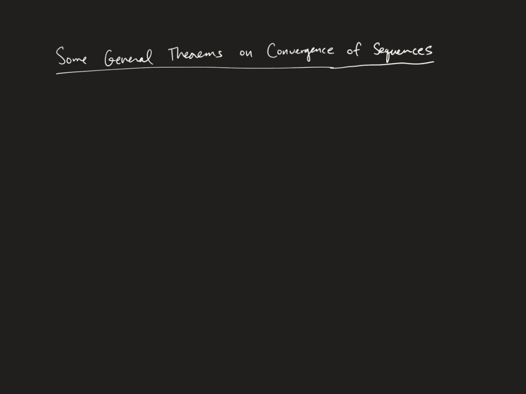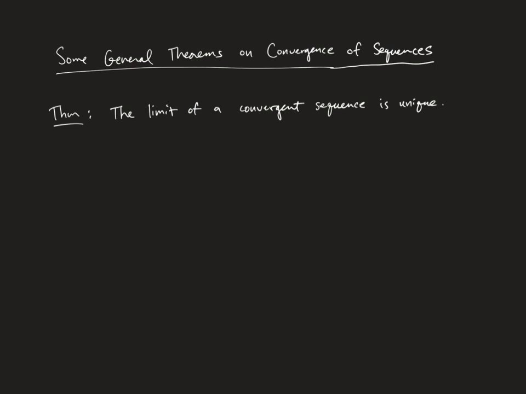Okay, so our goal in this lecture is to discuss some general theorems on the convergence of sequences. And the first such theorem is that the limit of a convergent sequence is unique. This should be intuitively clear, I think, because a sequence converging means that the sequence is getting closer and closer. This is just the intuitive feeling of a convergent sequence, that the sequence is getting closer and closer to some particular real number. But you can't be getting arbitrarily close to one real number and also at the same time arbitrarily close to a different real number. Okay, so that's the basic feeling, and we'll prove this.